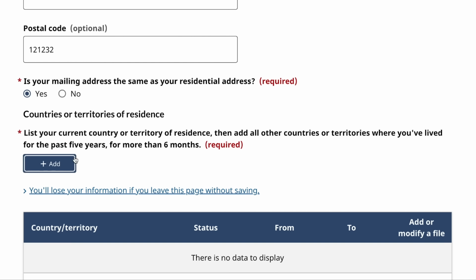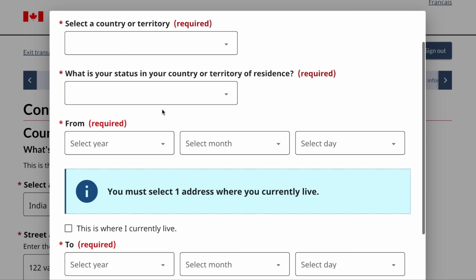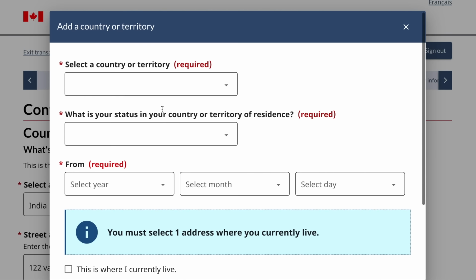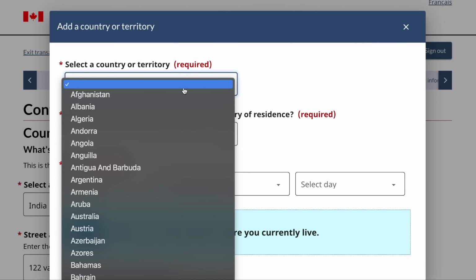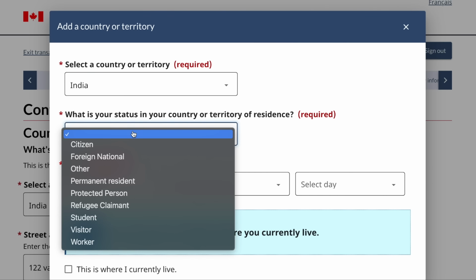List your current country or territory of residence, then add all other countries or territories where you have lived in the past 5 years. So you have to list all the areas, all the countries where the person you're applying for has lived in the past 5 years for more than 6 months. So in this case, if your parents or whoever you're applying for only has lived in India, you can just select for their history in India, status in the country,